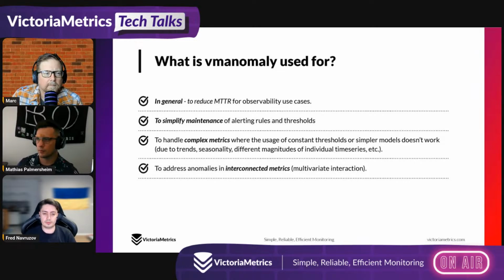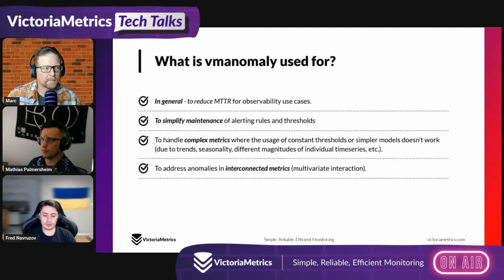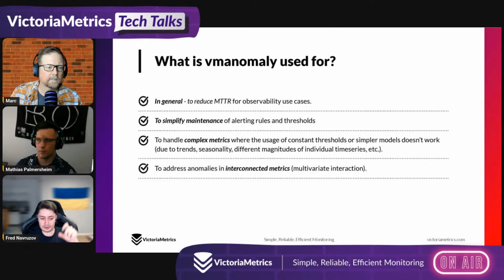In general, that's almost the first question that we got asked about vmanomaly from the leads or from the POCs: what is vmanomaly used for? In general, it's to reduce mean time to react for observability use cases, currently for metric data. A side effect of this is to simplify maintenance and support of alerting rules and thresholds. As a different side effect, you spare precious time of your engineers or SREs so they can spend it on something more important than gradually redesigning alerting rules from time to time. The third one is to handle complex metrics, and